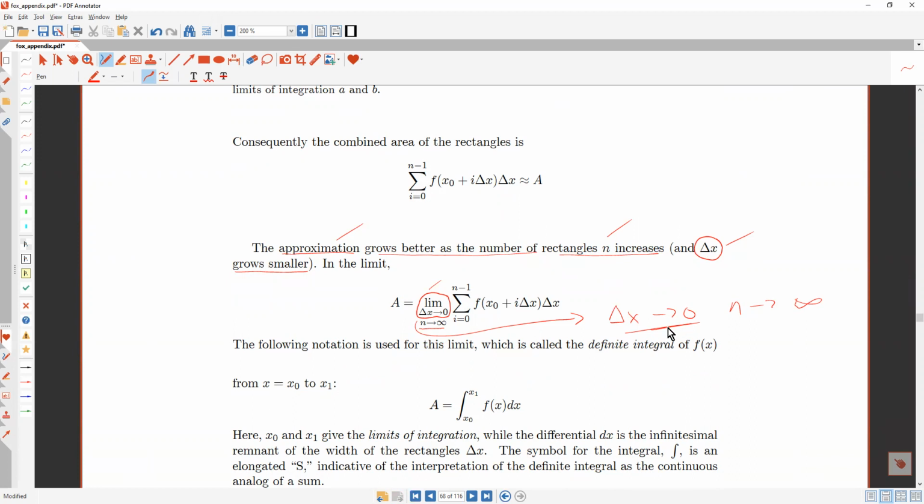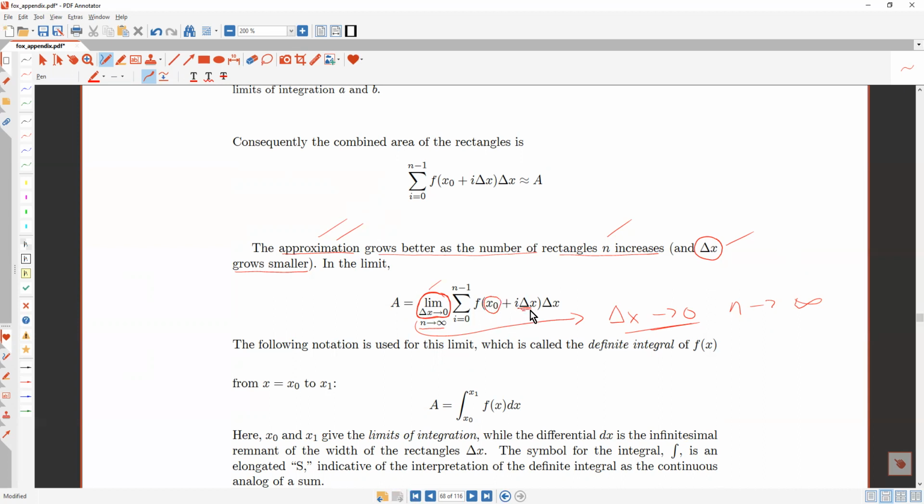Wow. Using the limit here really helps. Notice how you need the limit concept. Otherwise, all you're doing is getting that approximation. It's the limit concept that allows us to take the approximation and get us to the true area under the curve. So the function at x sub 0